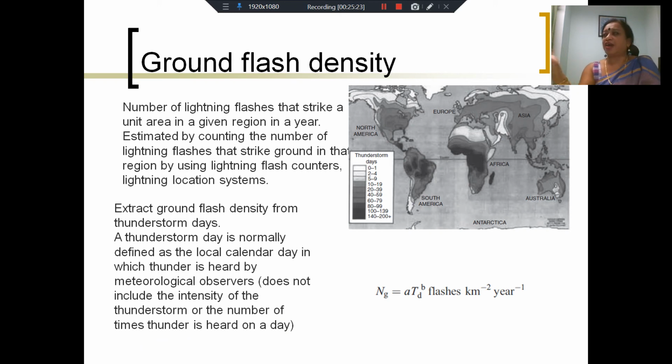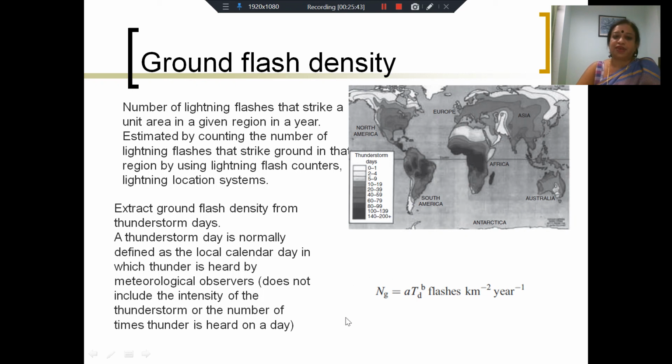So sometimes we have days when you hear the thunder all through the day. Or there might be one thunderclap in the morning and then the sun comes out. We are not differentiating between these two kinds of days, so we are losing some information. However, despite that, we can consider the number of thunderstorm days we take from the thunderstorm map of the world,